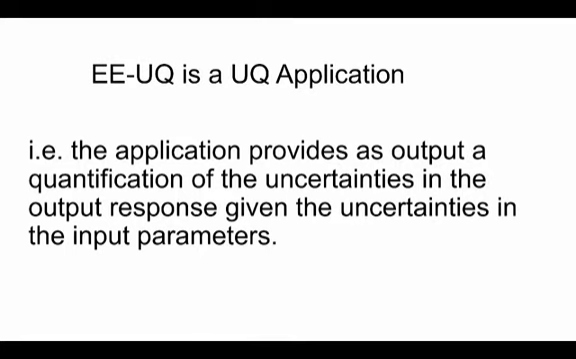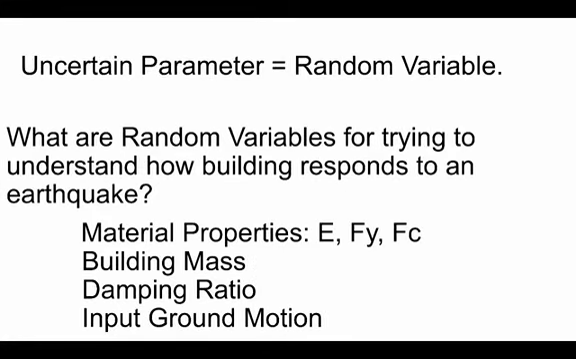The application is going to return to you as output a quantification of the uncertainties in the output given the uncertainties in the input parameters. Now inside the tool, when I use the term input parameters, I'm really referring to random variables. So what are the random variables for trying to understand how the building responds to an earthquake event? We've got random variables associated with material properties, the building mass, damping ratio, and even the input, in particular the